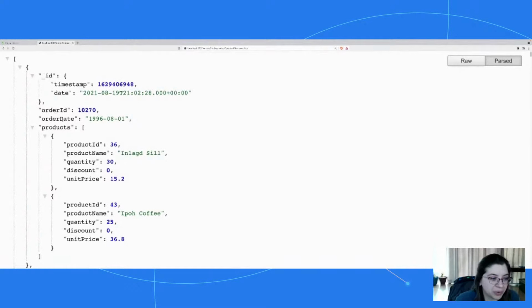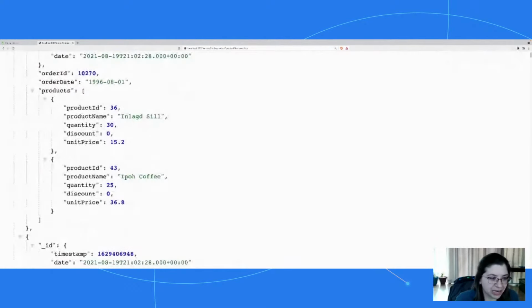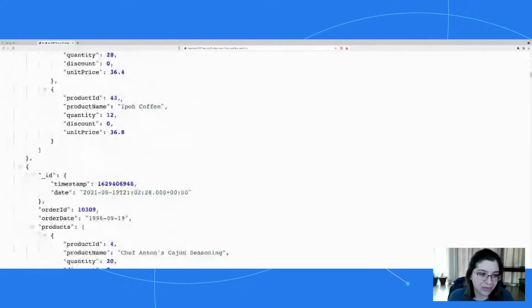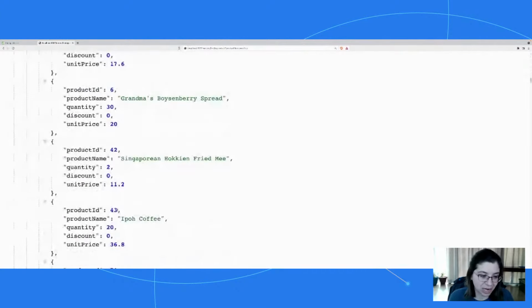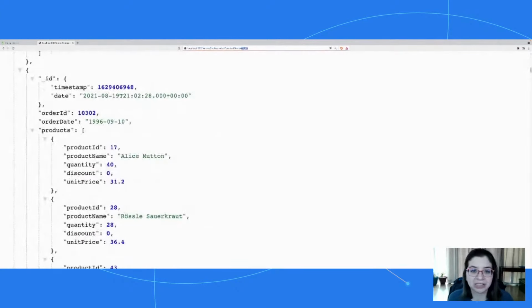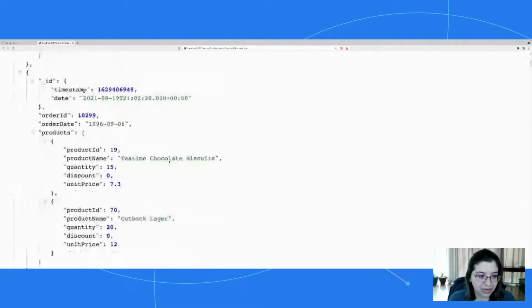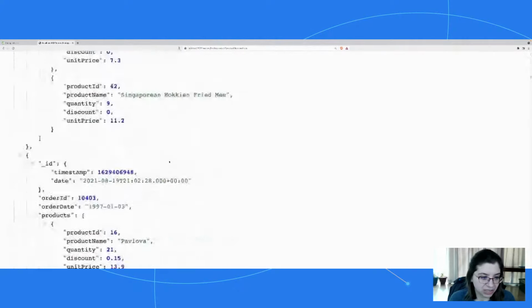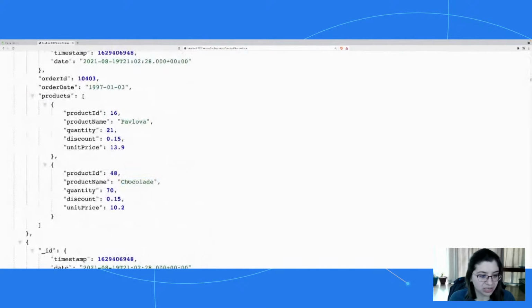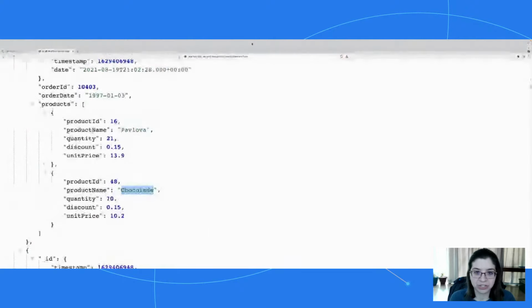So it pulls the order, and it pulls all the line, or the subdocuments, I should say, for the line items. So products, the product name, as well as the line item information, how many they ordered, any discount, etc. And everything it's pulling has coffee in it. So now let's see if we can do our Choco and make sure that our fuzzy search is properly working. Yep, so it pulls tea time chocolate biscuits here. And then if we scroll down, let's see if we can find chocolate in here as well. There it is, chocolate. So again, that fuzzy search working well.